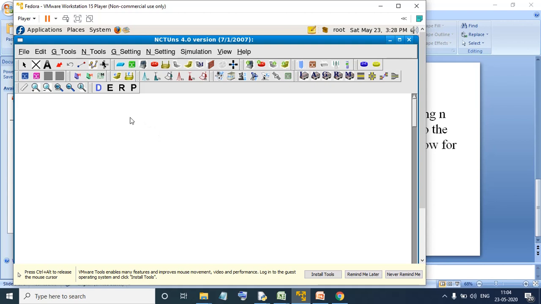As we are told, the first step is draw. I'll be drawing the hosts, very similar to the previous experiment. I will take 3 hosts on one side and another 3 hosts on the other side. Next I will take the hub. I will make 2 hubs, one for the sender and one for the receiver. Next I will take the switch, so that we will connect through the switch.